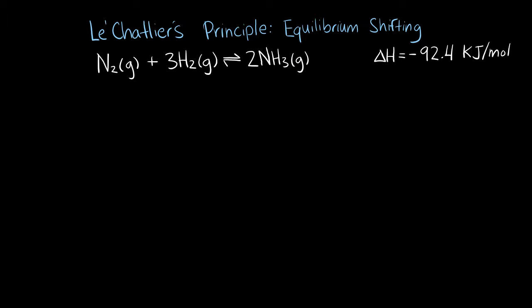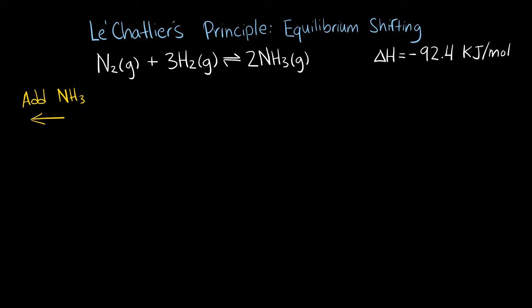If you have a reaction at equilibrium, you can make changes to throw the equilibrium off, but the reaction will restore equilibrium by shifting either left or right. Suppose that you add some NH3 to this reaction. This is a synthesis reaction of ammonia. It is creating NH3. So adding NH3 will shift the reaction to the left, or away from the change, away